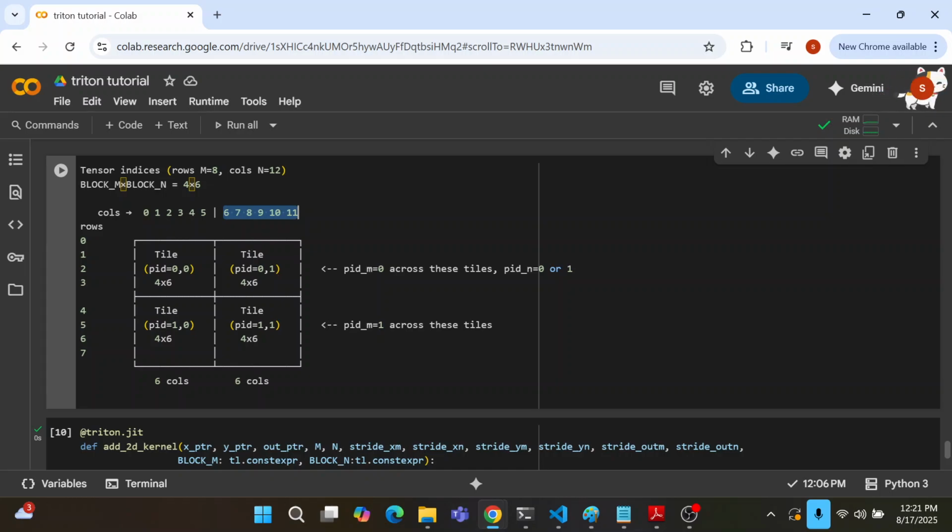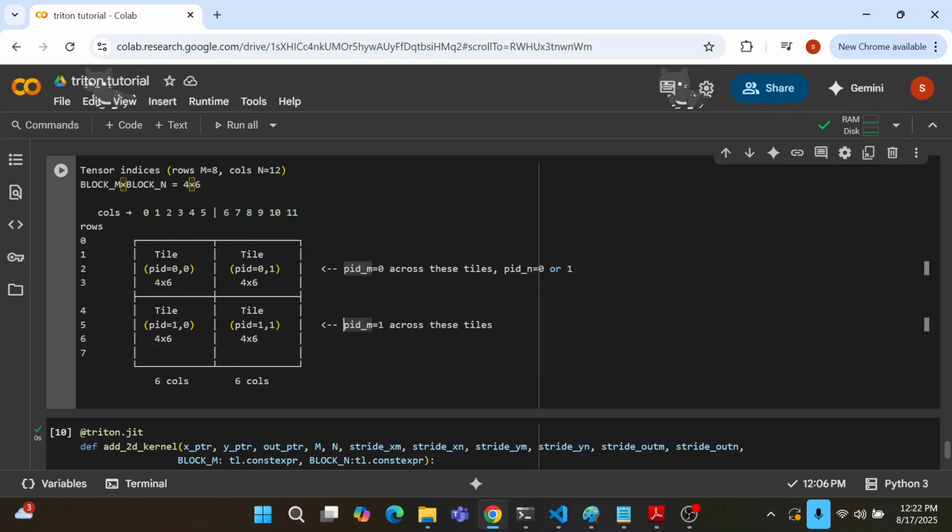And as I go down, PID here is 0 on the x-axis and 0 on the y-axis. Again, it becomes 0 and 1. Row is 0, and you can call it x or y or whatever, row or column. So row 0 and column 0 PID, and then here row 0 and column 1, and then row 1 and column 0, similarly here one by one. So these PIDs will tell me which tile I am in, which part of the matrix I am in, and from there on you can get the offsets and do the calculation. So this is important to keep in mind.